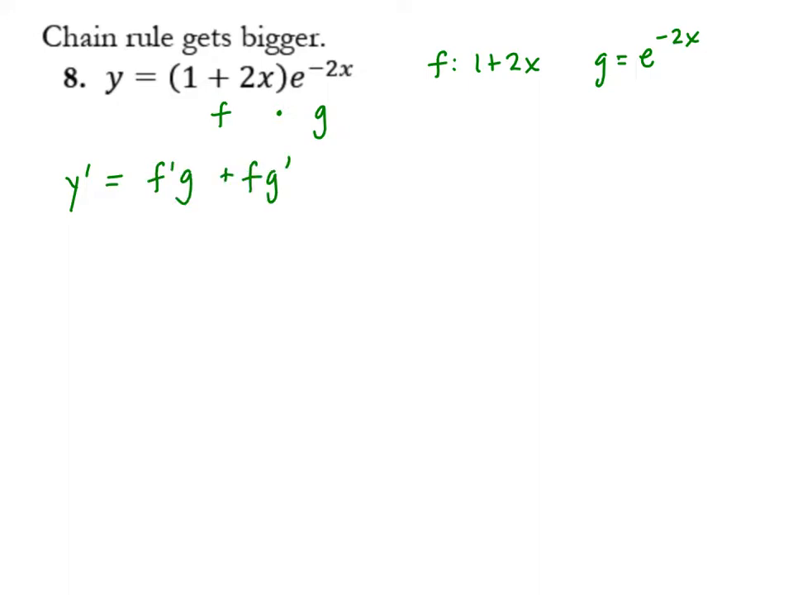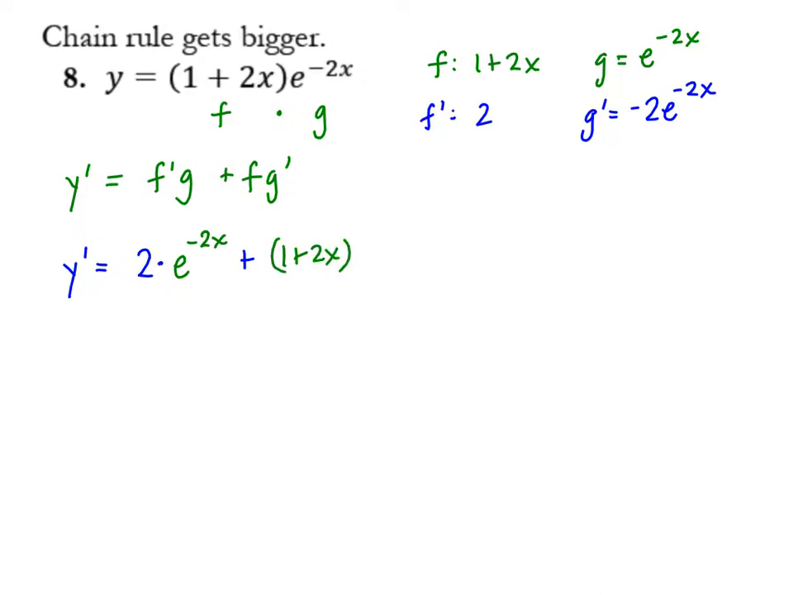where f is 1 plus 2x means that the derivative f prime is 2, and the derivative of g, g prime, is negative 2 e to the minus 2x. That's because of the chain rule. We had e to the minus 2x from the derivative e to the x times negative 2 by the derivative of the exponent. So now for y prime, we have f prime, which is 2, times g, regular old g, e to the minus 2x, plus f, original f, 1 plus 2x, times g prime, the negative 2e to the